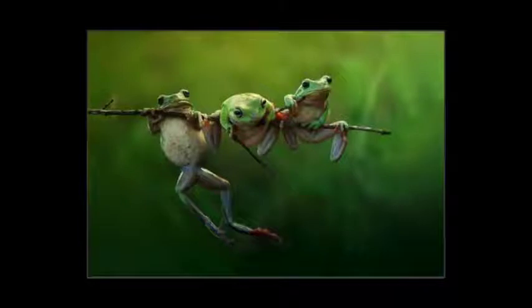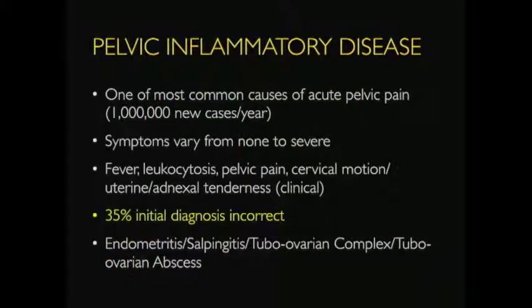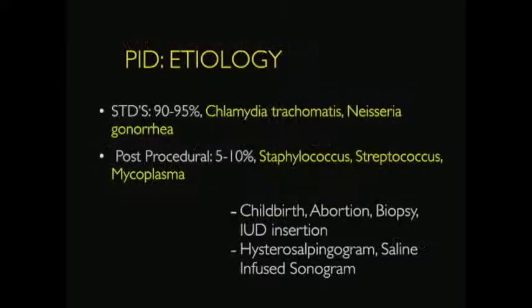Okay, so we're almost done. I just wanted to add one more entity here, which can be confusing, and we're not going to go into the details of PID. I just wanted to mention that 35% of the time, the initial diagnosis is incorrect. We have to remember the clinical history, that there has to be a history of sexually transmitted diseases or some sort of intervention or